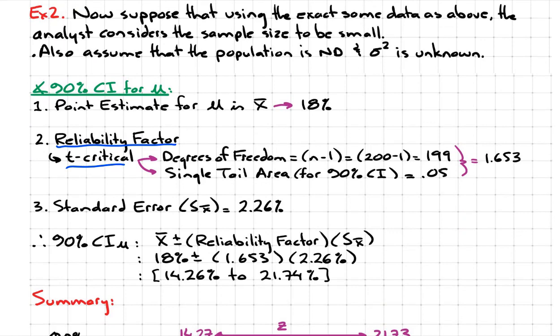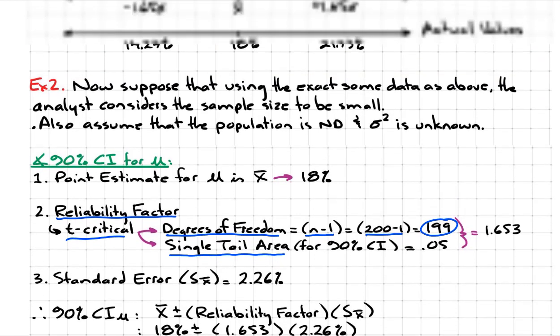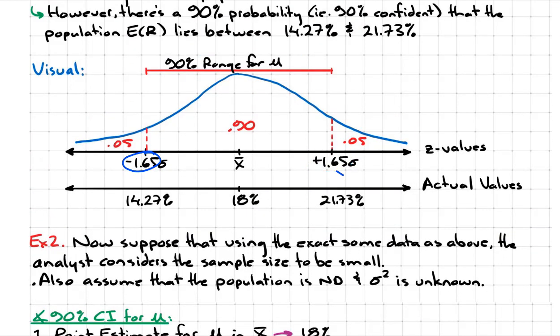Now to find those goalposts, we need to specify the degrees of freedom, which is just sample size minus 1. So in our case, 200 minus 1 is 199. And we need to specify single tail area. So if you're looking for a 90% confidence interval, and here's a good visual, so if you're looking for a 90% confidence interval, right,